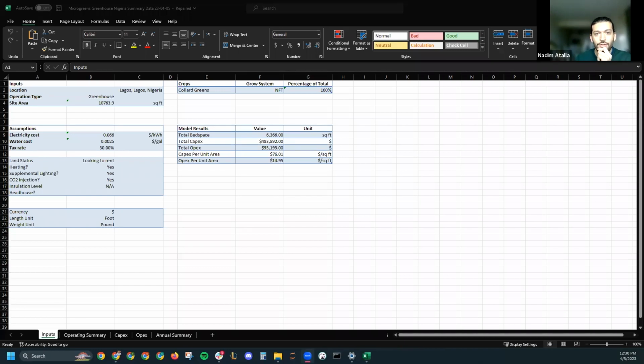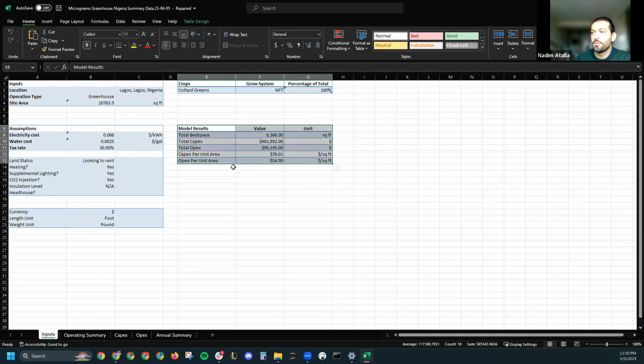I'll just share the entire screen. And so you should be able to see an Excel right now. What you're going to see here is the input page of the Excel sheet as soon as you download it. It's going to give you things like, it's a greenhouse, the location is Lagos, Nigeria, the site area is this many square feet, the electricity cost, water cost, tax rate, and other inputs that you've selected in your model. You're also going to see what crops you're growing,